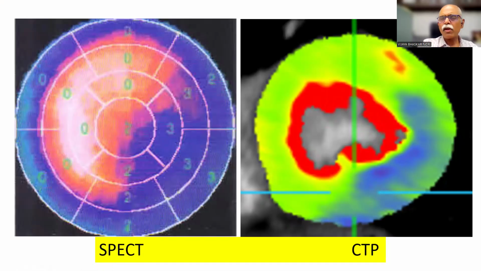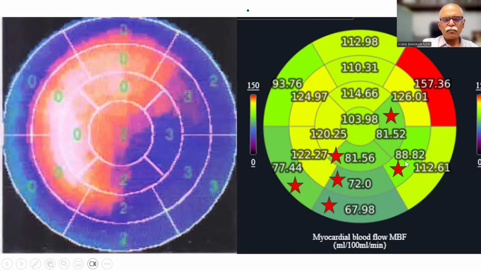When we did a stress myocardial perfusion SPECT study, we could find that the perfusion defect on the SPECT matches with the perfusion defect on the CT myocardial perfusion. And when we look at the myocardial blood flow values, we could show that, like the SPECT, which is showing a low blood flow, the CT myocardial perfusion also is showing that in RCA territory, 1, 2, 3, 4,